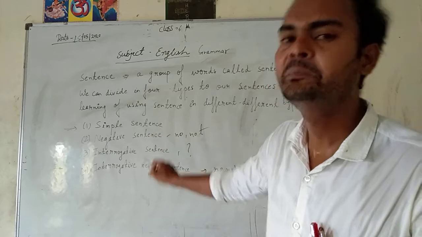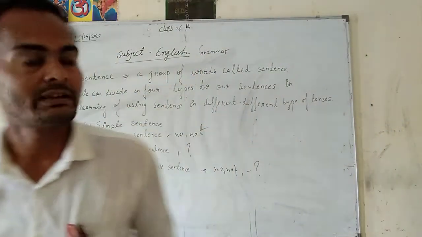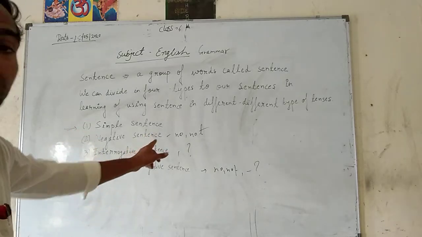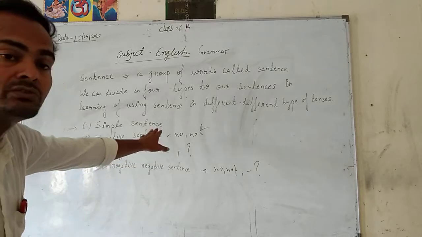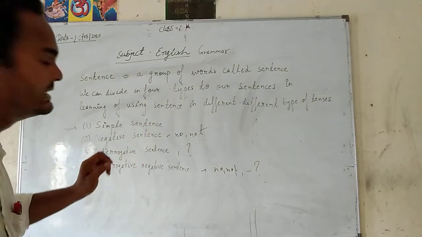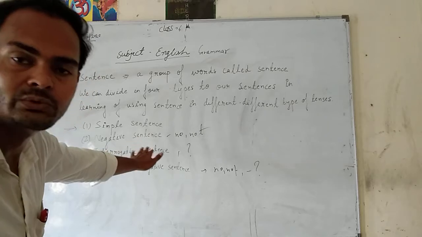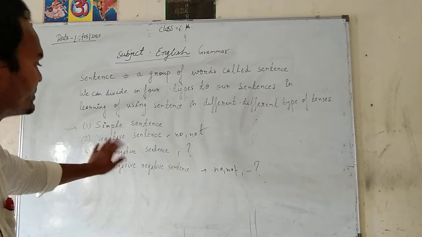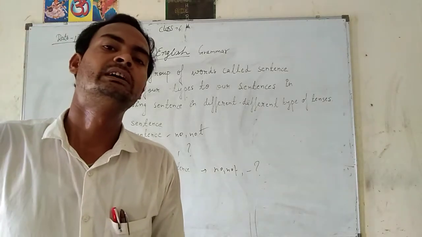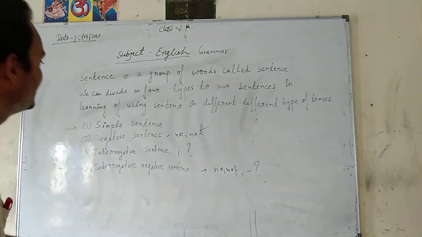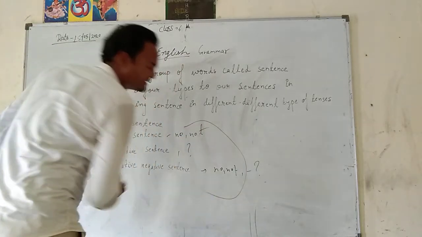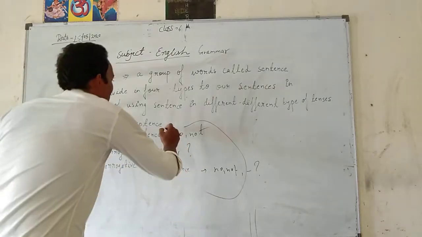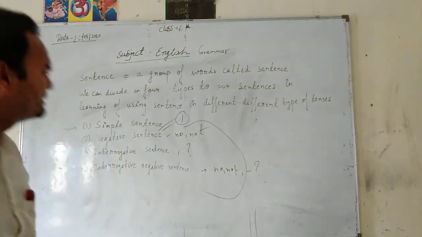Now it is the turn of the simple sentence. You are thinking why sir has not told about the simple sentence yet. A sentence which is not negative, meaning there is no use of no or not, in which no question or query is asked, and there is no use of no and not, is a simple sentence. So simply, if there is no sign of these three types, it is a simple sentence. It is a simple way to understand.